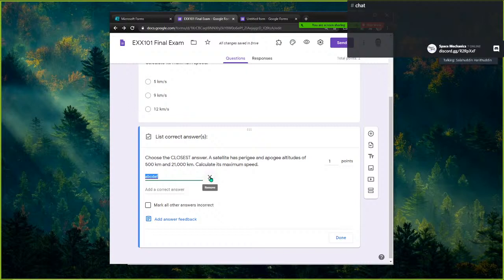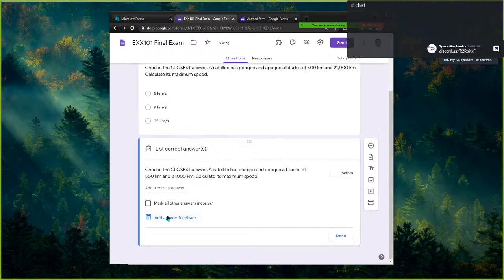So I would suggest that if you're doing a short answer question, you don't add a correct answer here. Just leave it blank, and then you will grade it after they send it, which means it's not automated grading. So you leave it blank, and after everyone submits, then you can look at